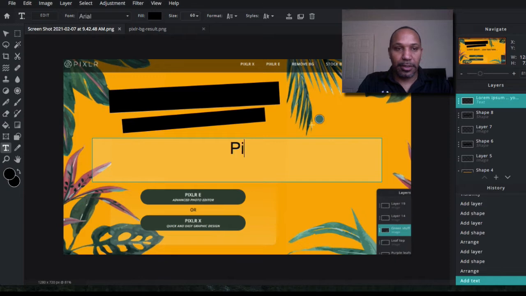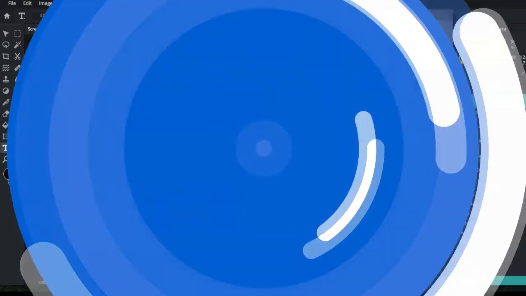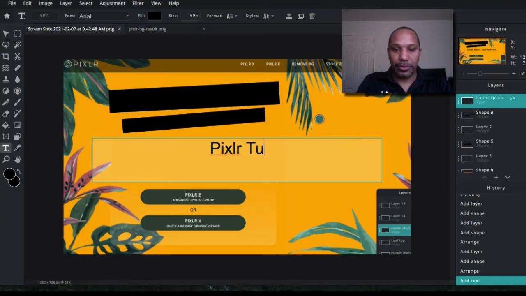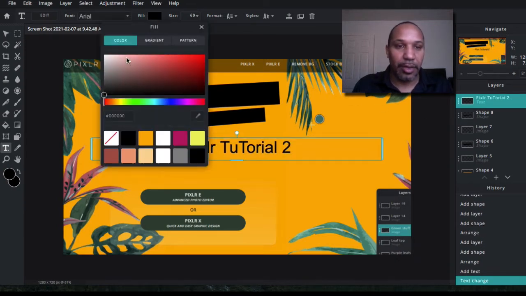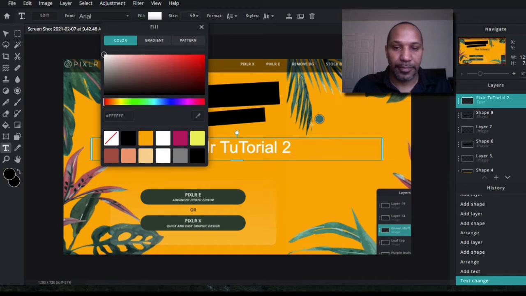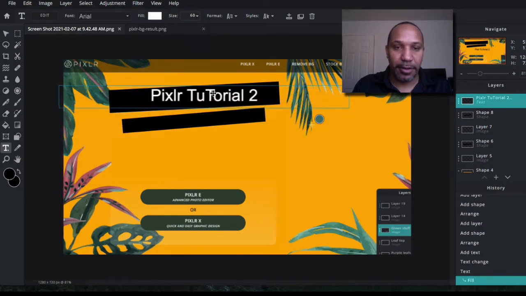Pixlr tutorial, and then 2. Let's just do that. We're going to make this text white, and let's pop this up here. Tutorial 2,